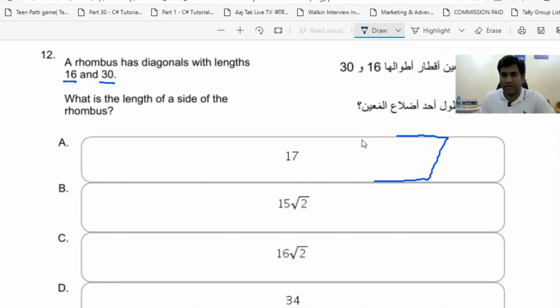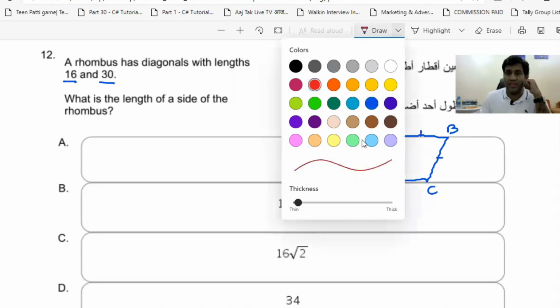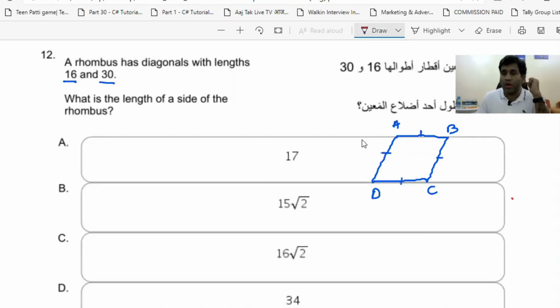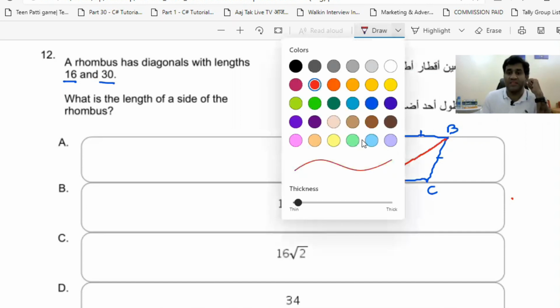Let me just assign a name to it. So let me just say ABCD is a rhombus in which the length of all sides are equal in measure. Now they have given us the diagonals of the rhombus. So what do you mean by the diagonal? Let's suppose if I draw a line which joins D to B, this is called the diagonal, and the length of one diagonal here is 30, and another diagonal they have given as 16.